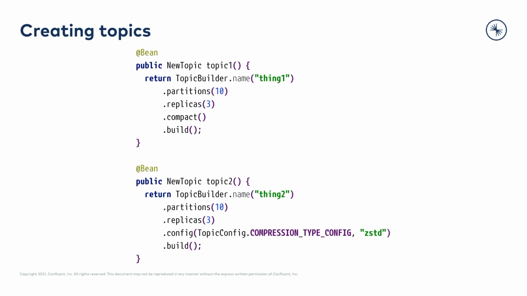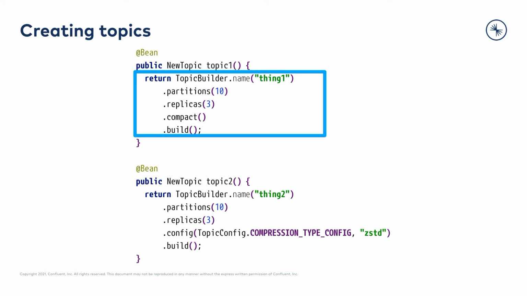Once this KafkaAdmin bean is available in the classpath one way or another, you can create multiple other beans of type NewTopic, which is the Kafka admin client's type. And in this case, those topics will be executed and created in the Kafka cluster. So you can use TopicBuilder methods to provide some of the standard configurations like the number of partitions, the number of replicas, if you want to enable compaction, and so on and so forth.